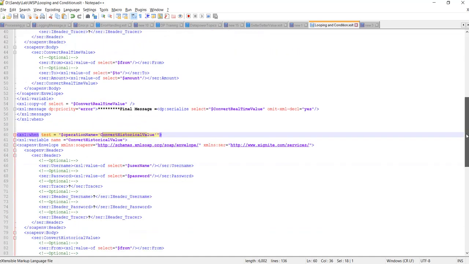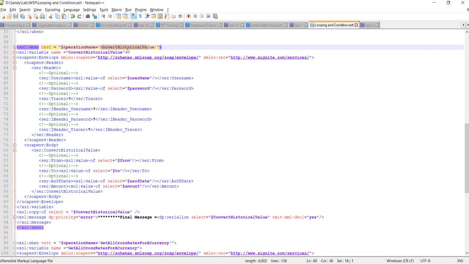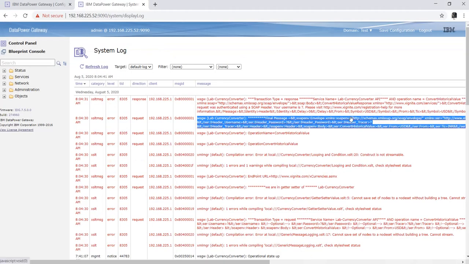After that it went to the next condition and found that yes, that is the operation name, and it executed this part: the username and password, the from, to, as of date and amount. And we got a response from the backend system.